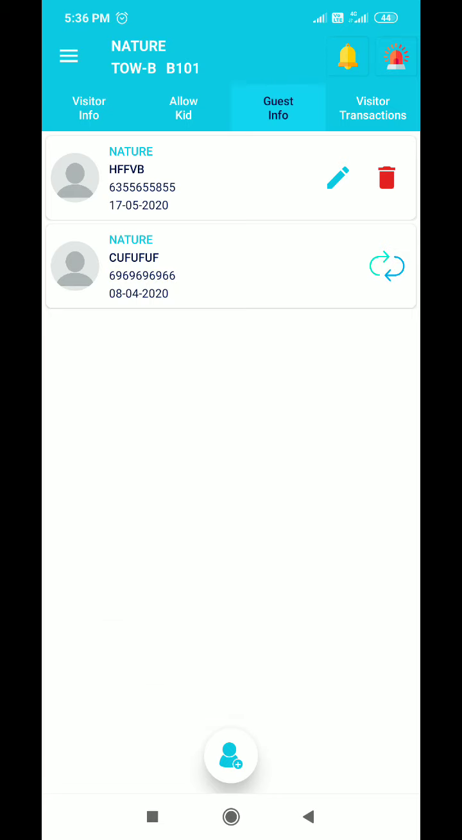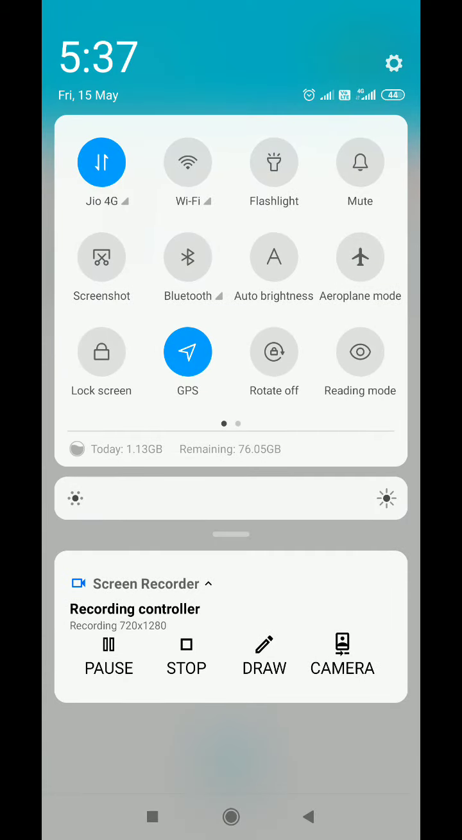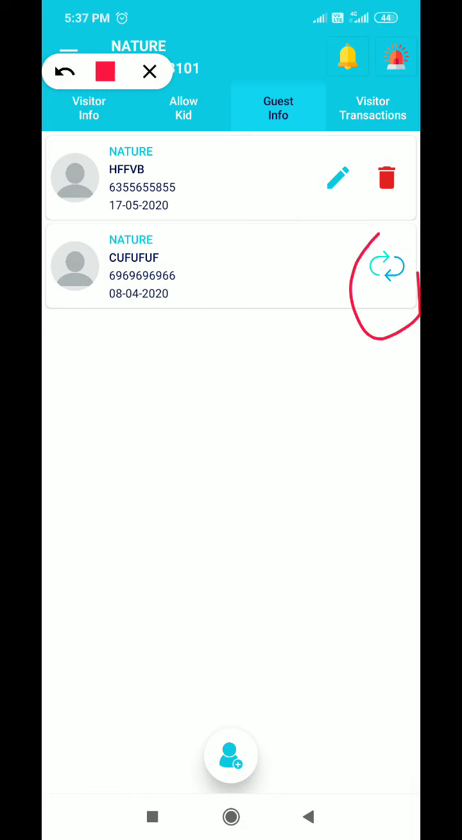When you want to delete, click on the delete button. If you want to make any changes like time, name, number, duration, date, anything, you can do it. And there is the revisit option in this. So what is revisit here? We planned this app in such a way that if the same person is going to visit next time, you just click on this,